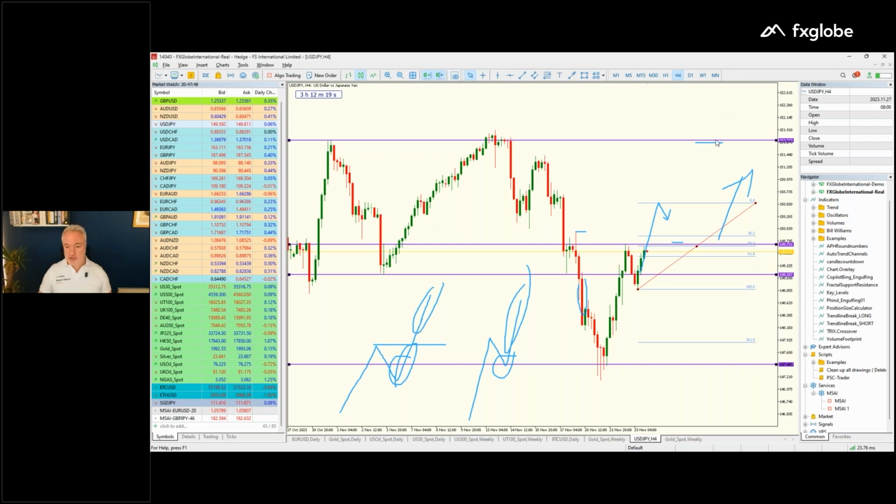So is it guaranteed to come up to here? It's not. It's probably going to go up to there, but it's not guaranteed. So what do we do? Well, the smart thing to do is, if it does come back up here and starts taking off, I want to probably keep an eye on these levels here just to see what's going on. Usually what you would do is you'd aim for this. So if it goes up to that level, that's probably where you're going to close all your positions out,